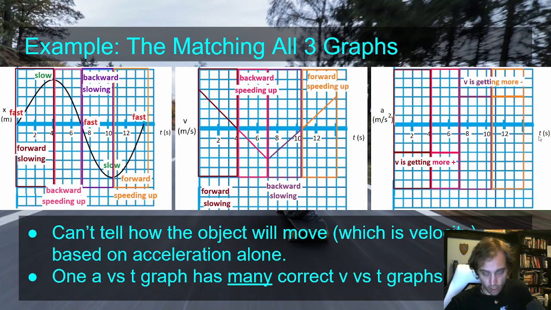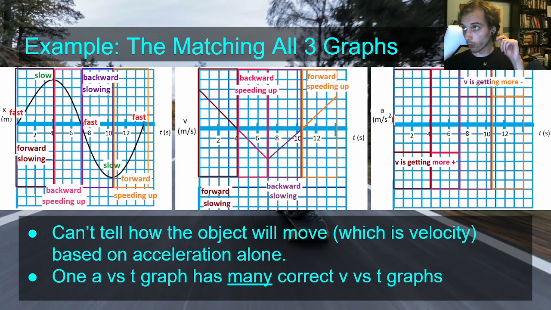So this is sort of showing examples of how all of these things can match up with constant acceleration. If you have an object that has an acceleration graph like this one, what's relevant about this is that it's a negative acceleration and it's constant, which means that the slope of our velocity graph will need to stay the same as we go. So if we come over from 2 to 4 seconds, if the velocity starts positive, it'll have a negative slope